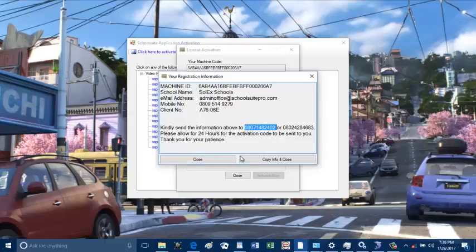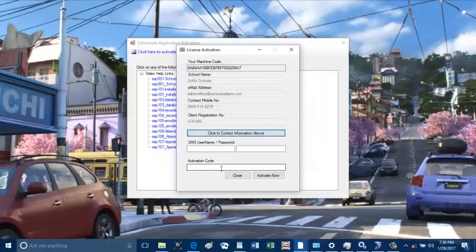Having done that, we will send the SMS username, password and activation code to you.